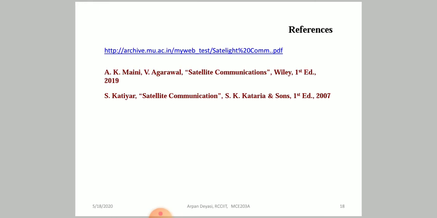And these are some selected references. You can take them for more detailed calculation or something else. And that's all the question